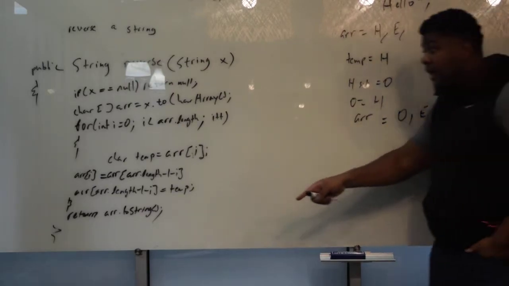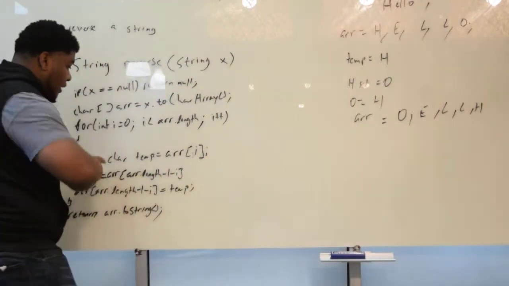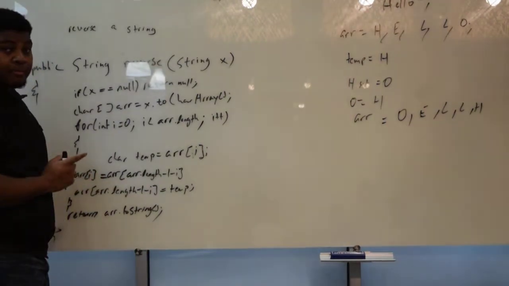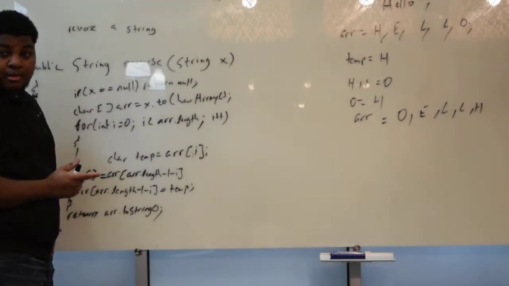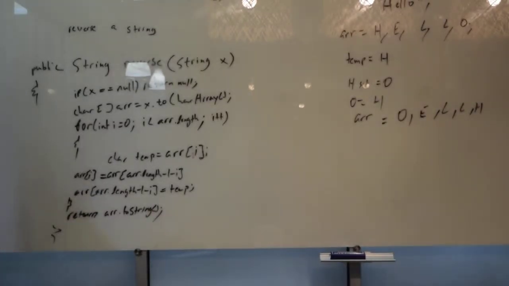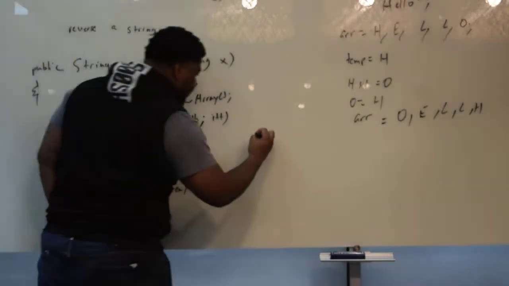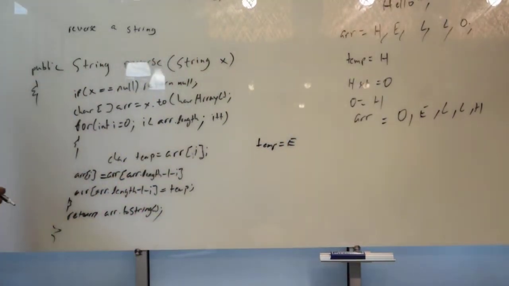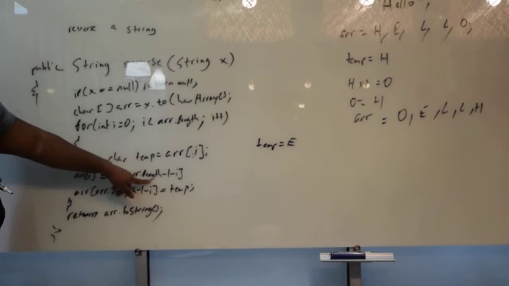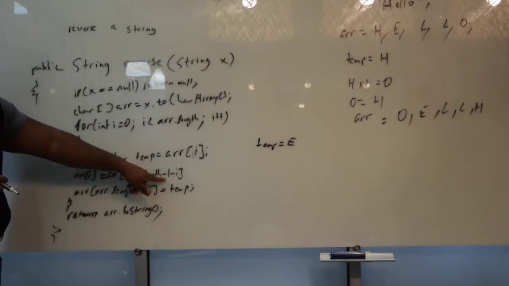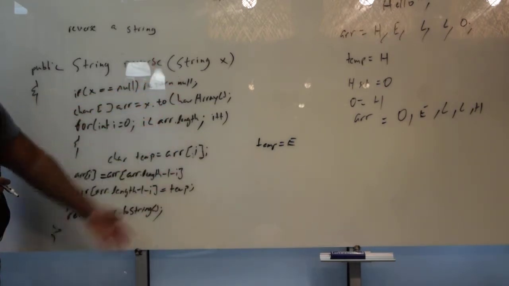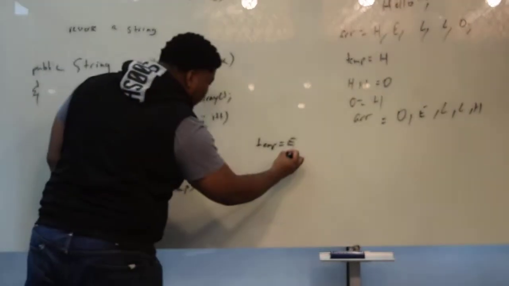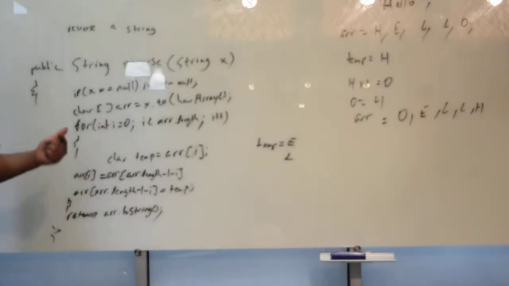So now I is equal to 1. Right? So what's R of 1? E. So temp is now going to be equal to the E. Right? And R dot length is still 5, minus 1 is 4. I is now equal to 1, so 4 minus 1 is 3. What's at index 3? The L. And then we swap. And it keeps going down